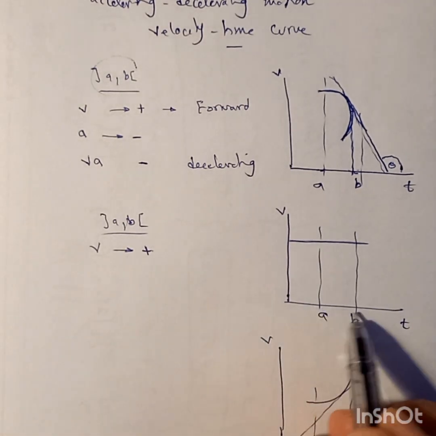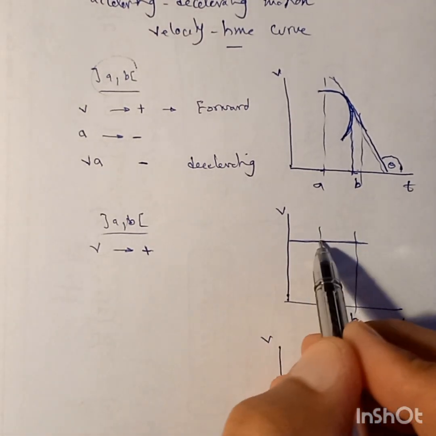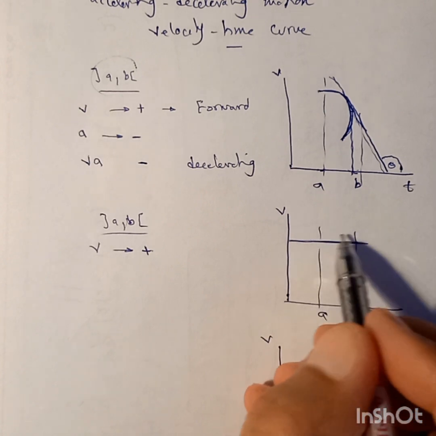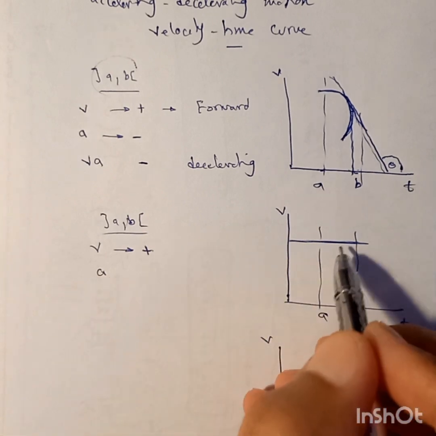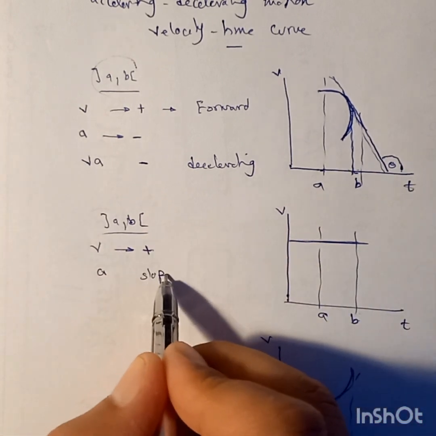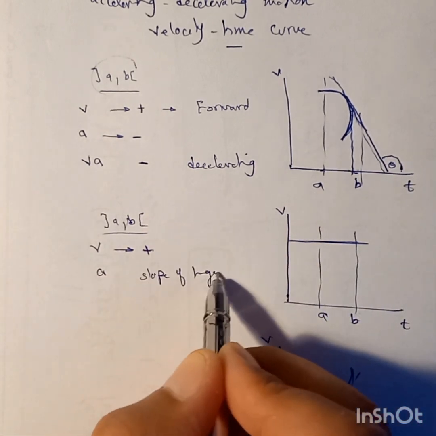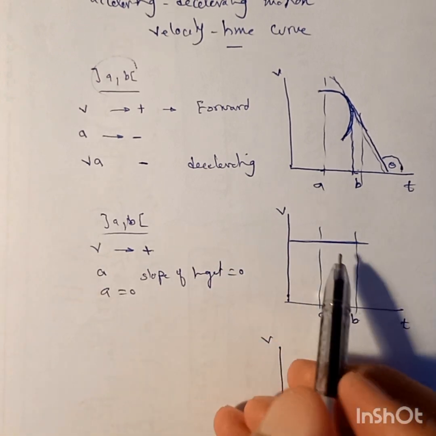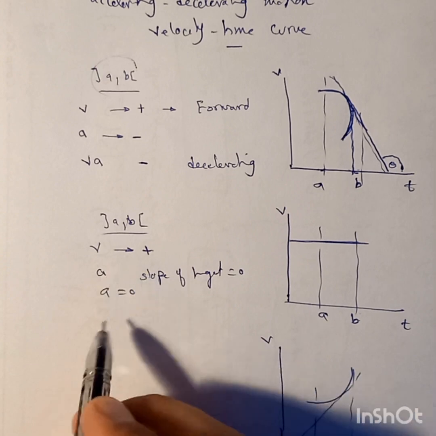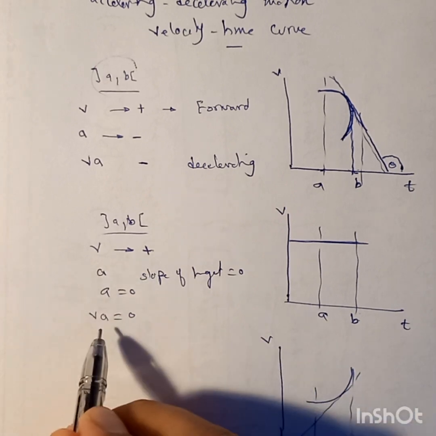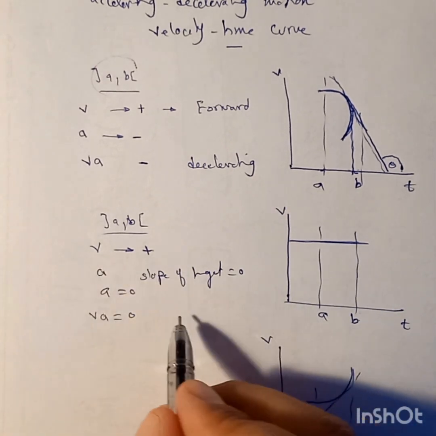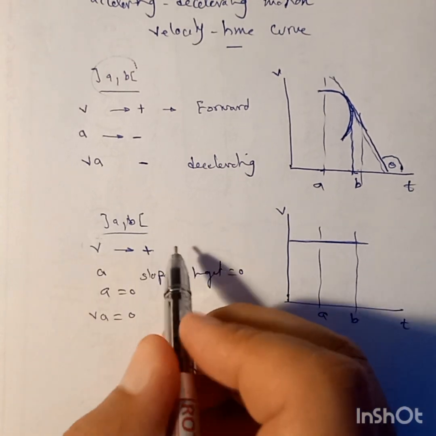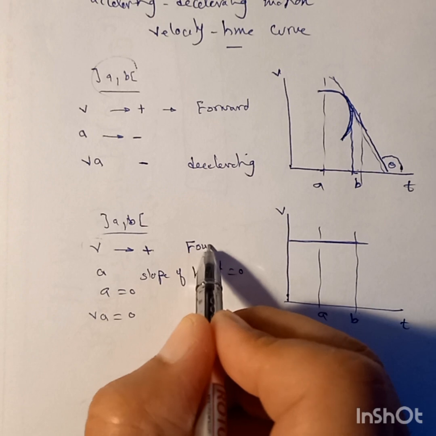During time interval a and b, the slope of this tangent, which represents the acceleration, equals 0, so acceleration equals 0. Then we have va equals 0. From this step velocity is positive, so the motion is in the forward